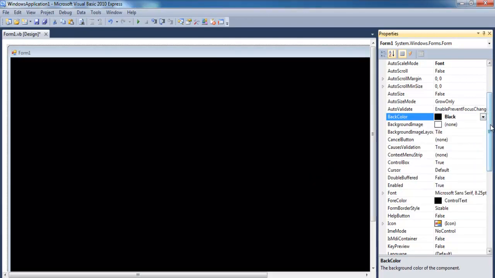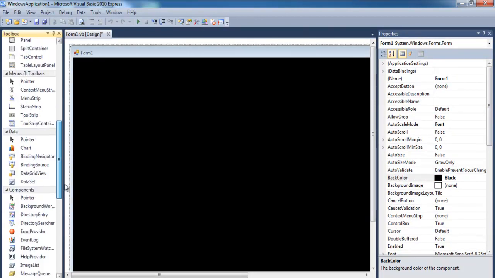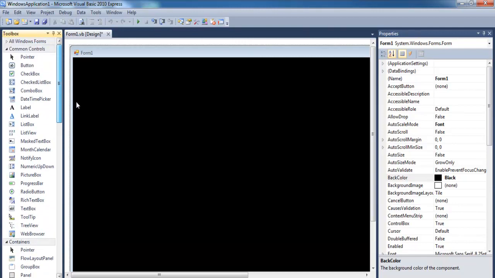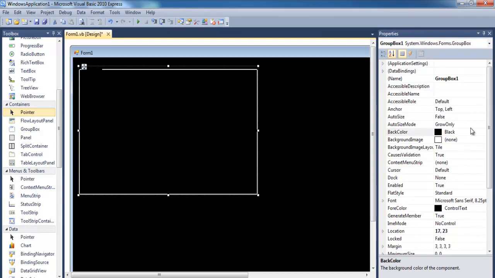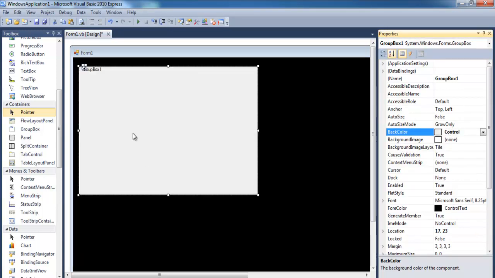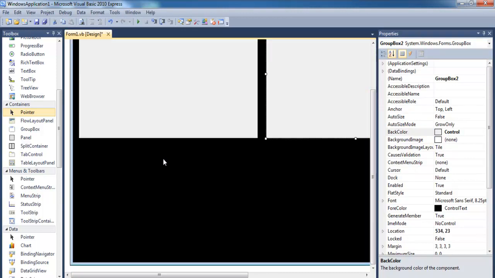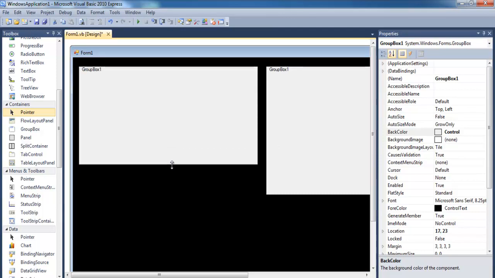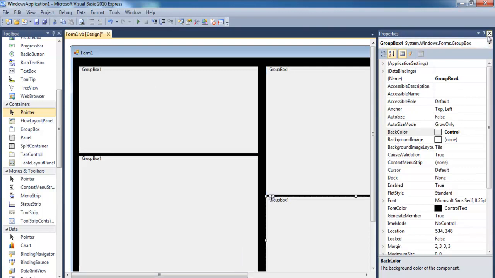So now let's get the following. We need our tools right there, and let's get group box. 4 of those is required. Need 4 group box. I'm going to change the color of that group box to control. That's the color. So just copy this and repeat exactly the same thing. I'm going to move this up a little bit, that's about right, and copy this here, there, and I also need a copy of this. Move it right here. Let's close all of these,